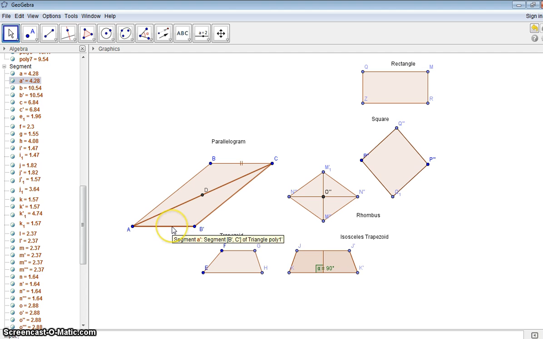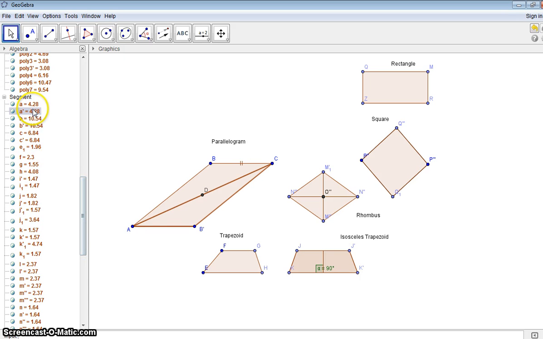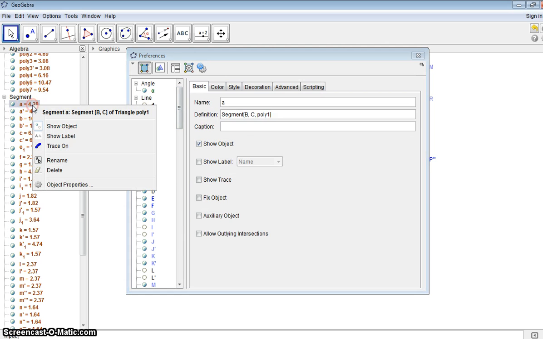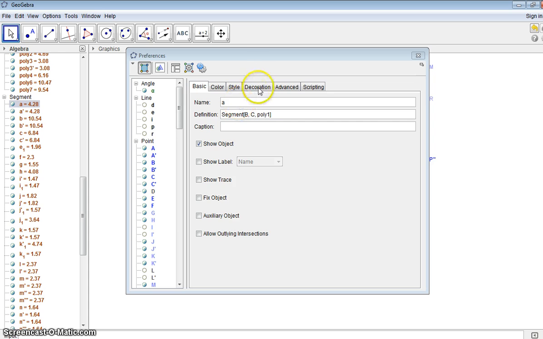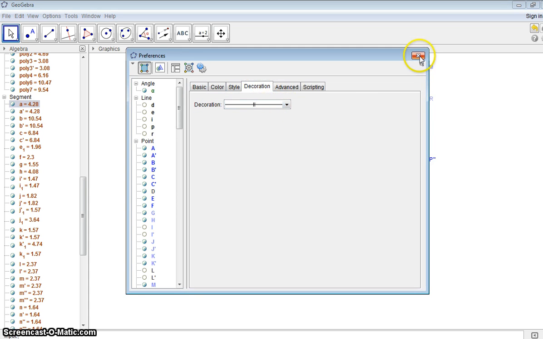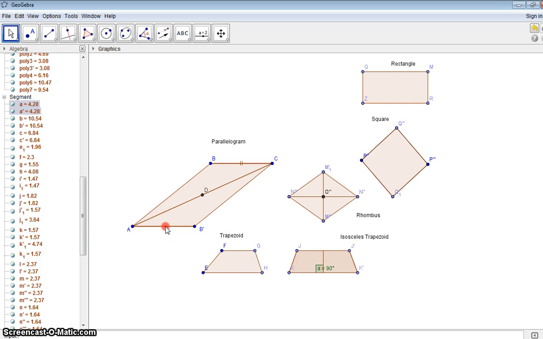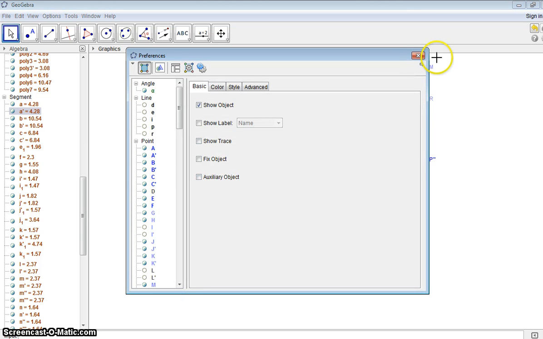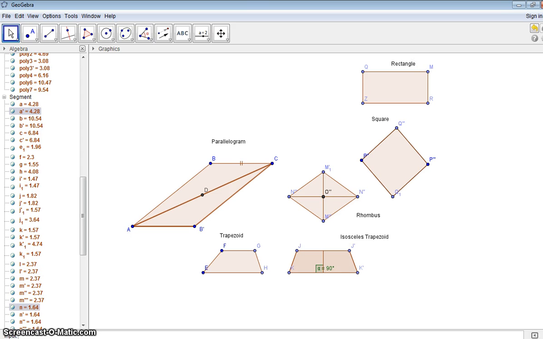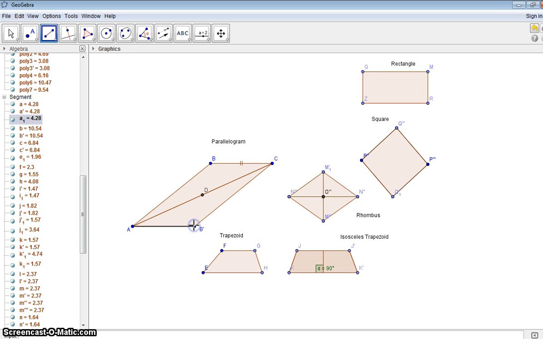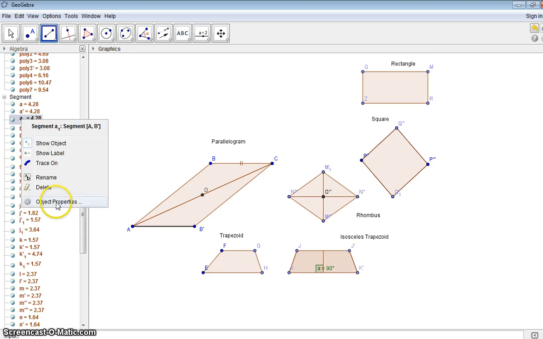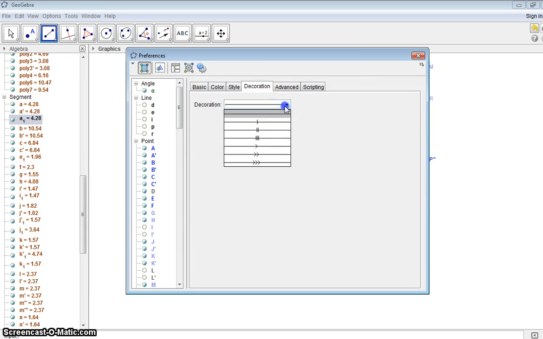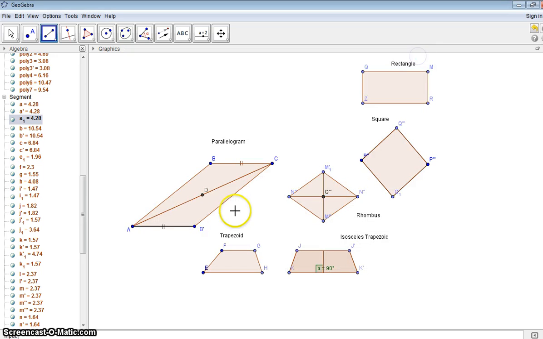So I'm going to find segment A prime over here, and I'm going to go to these object properties, and I didn't get my object properties here, so I'm just going to click around until I find something that works. Sometimes the easiest thing to do is simply to put a new segment in, and that's A sub 1. I can go to its object properties, and I can decorate it, and it lands right on top of the